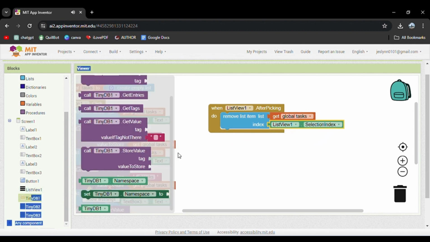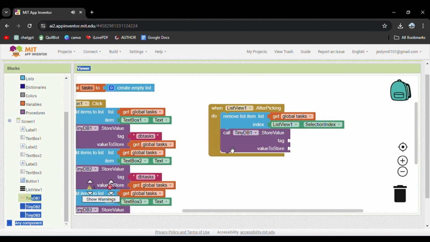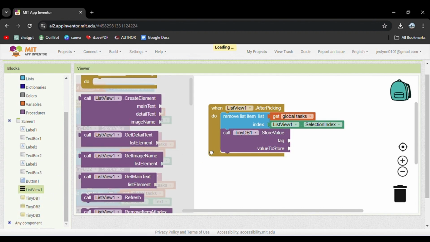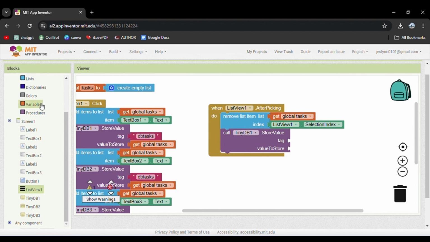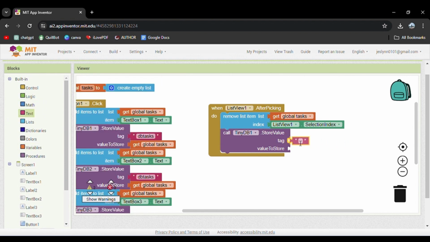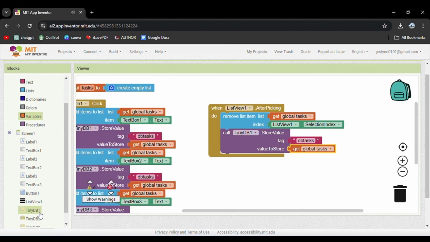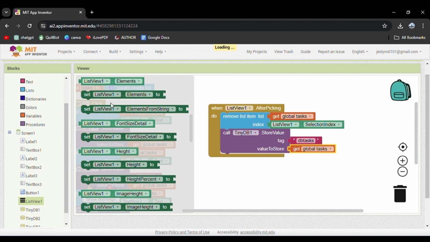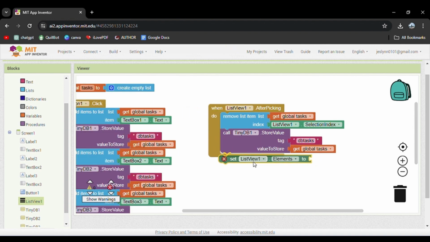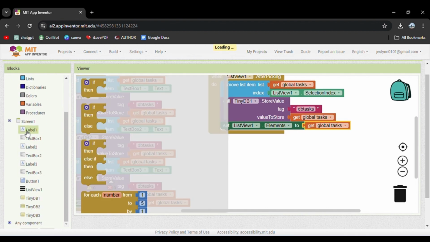Next, we select the TinyDB block and put inside the list view block. TinyDB is a non-visible component that serves as a local database for storing and retrieving data persistently within an app. Then we choose the block set list view 1 elements to get global task. Then we select the block for Screen